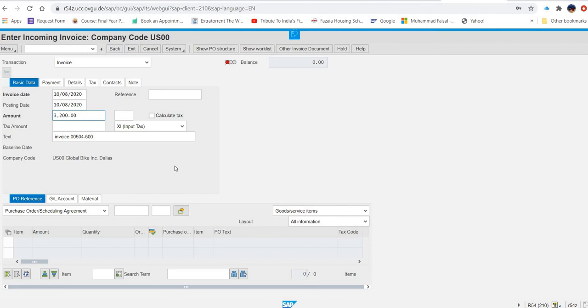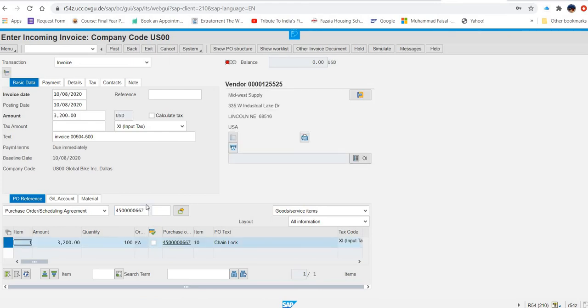And then what you have to do, enter or find your PO number in the middle of the screen. Okay, here. So no need to find. What I am going to do, I am going to type. That is 667. Okay. And once you enter your number here, then press enter. Now you can see the data is populated from the purchase order number.